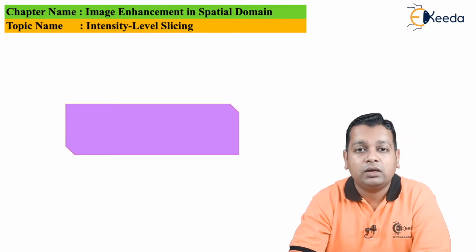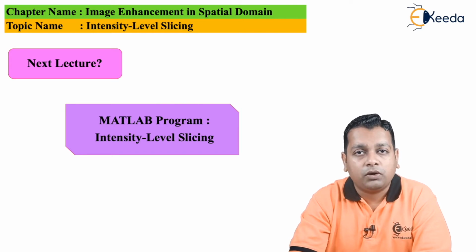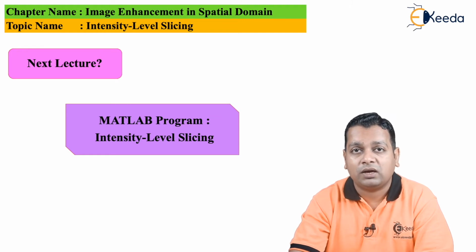In the next lecture we shall have a simple practical demonstration of intensity level slicing using MATLAB programming. We shall first of all read the image, and decide how much range is to be selected for highlighting the levels, and we shall work on both approaches. We shall change the input images in that particular program and see the result on different kinds of images. So I hope you understand the topics of digital image processing for image enhancement purposes.